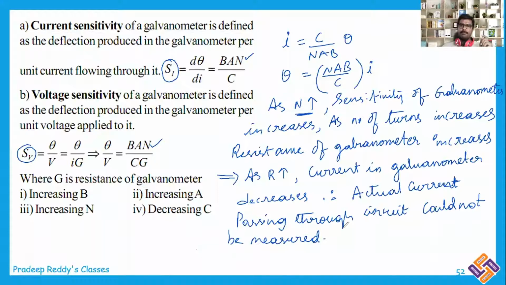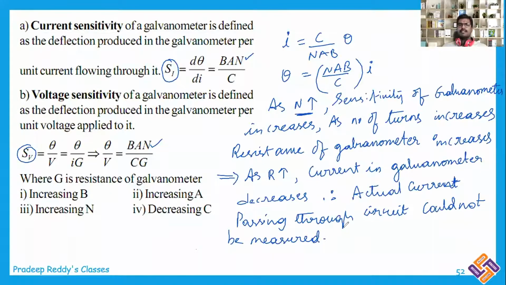construct one ammeter. Likewise, if you are measuring voltage, a galvanometer can be used to measure voltage sensitivity also. But when we are measuring voltage sensitivity, as the number of turns is greater, resistance also increases, and its sensitivity decreases. Therefore, in order to measure voltage, we will make some modifications to this galvanometer and we will convert it into a voltmeter. So, a moving coil galvanometer with necessary changes can be converted into an ammeter as well as a voltmeter.